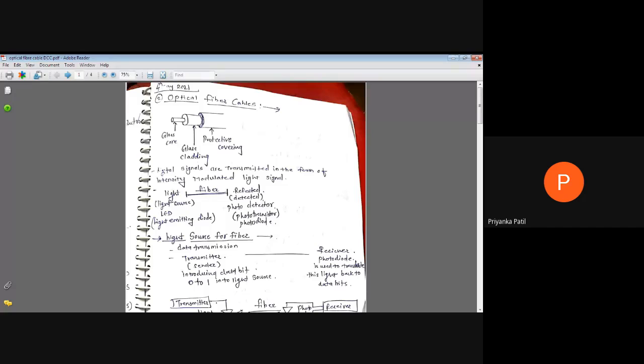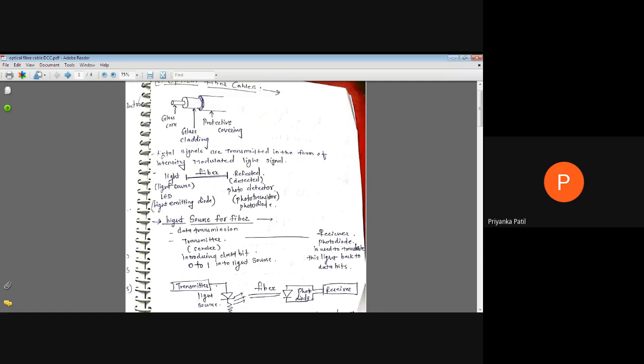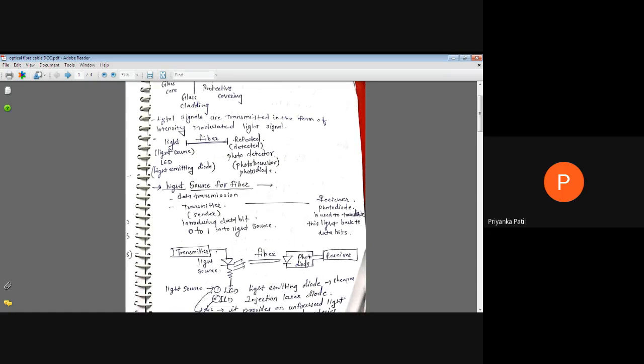With the help of this, we have to produce the reflection of that light at the other end. Fiber optic cable can be costlier than basically twisted pair cable. But this is the particular advantage of the fiber optic cable, having the security or the protection with the help of glass cladding. So next we have to discuss how to generate the light source of the fiber optic cable.